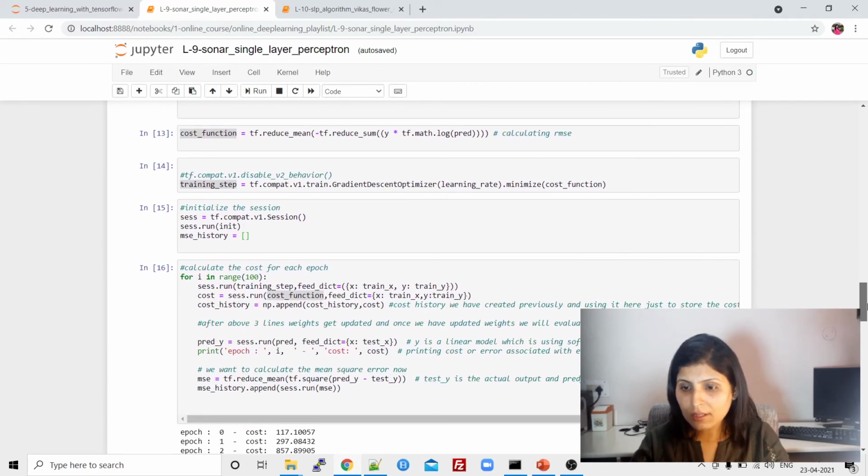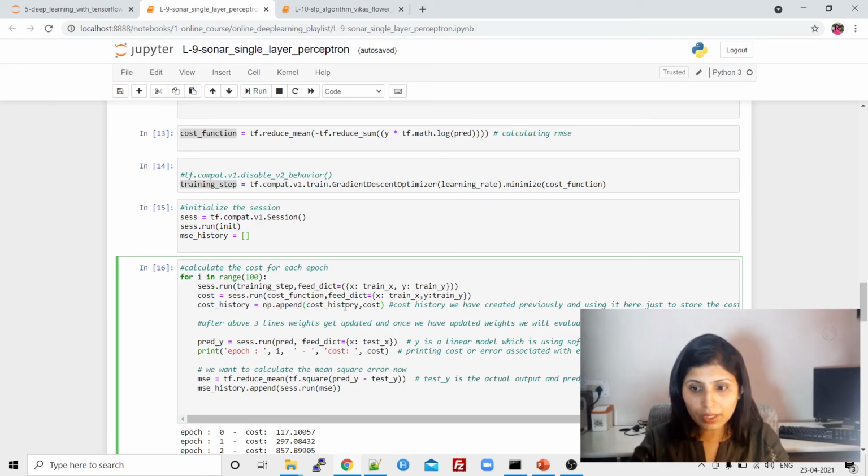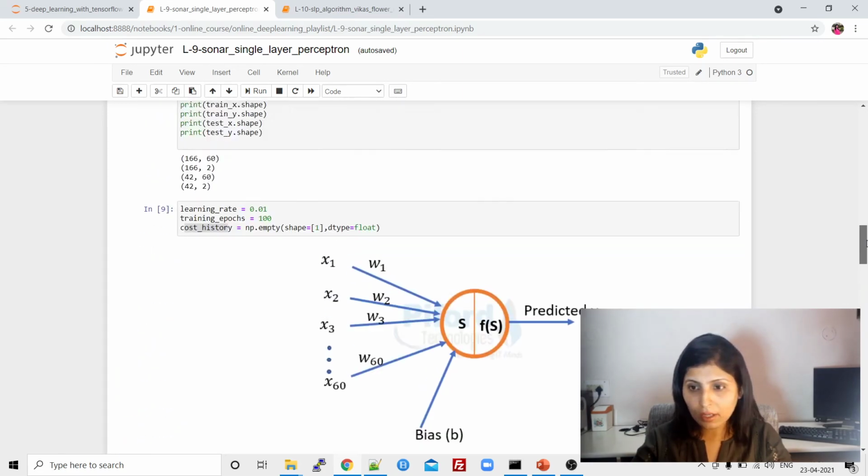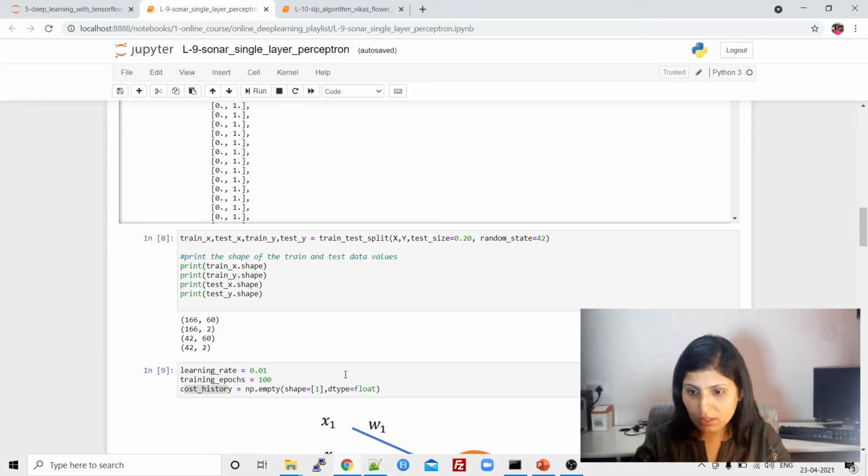In this list, this is what I'm doing over here: we are storing the value which is in the cost variable. What is there in the cost variable? The error which we have calculated after every epoch. And we are appending it to the cost history array, right? We created this cost history array over here.